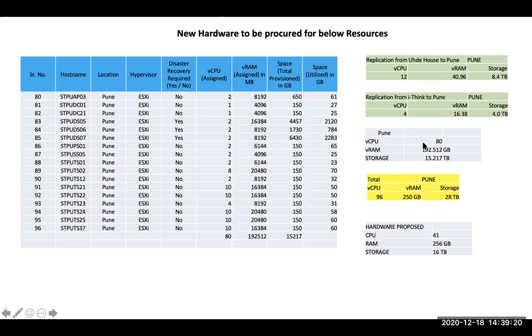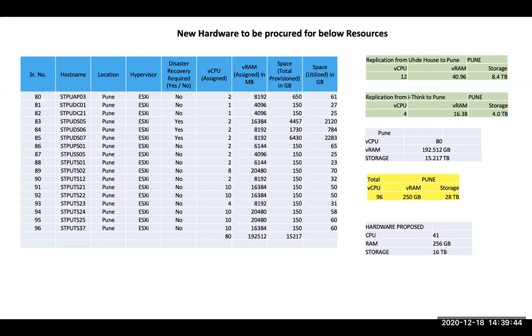And then adding the green part and the gray part gives me the yellow box, which is the total requirement I have, including the current existing workloads and the additional workloads which are going to come from the other locations to my Pune location for the replication and the backup, so that I can power on the respective VMs from Pune location also. And then roughly this is the hardware that we had come to.